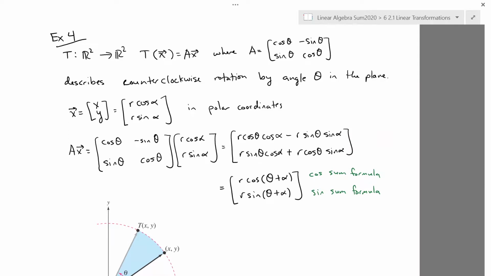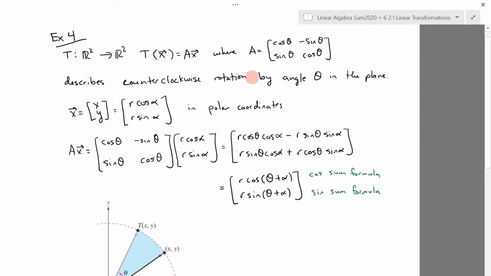So we can see that this is a counterclockwise rotation by representing things in polar coordinates. Taking a vector in R2, with x and y coordinates, we represent it in polar coordinates. So x is r cosine alpha, and y is r sine alpha. I use alpha to be a different angle from theta, and then the transformation is just multiplying on the